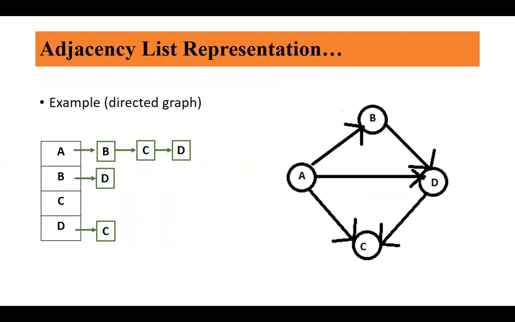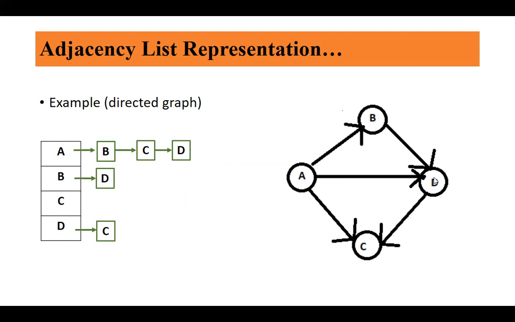Similarly, now the adjacency list representation for a directed graph. Here you can see from A, you can move to B, so B is there. From A, you can move to C, so C is there. There is an edge from A to D, so D is there. These are the vertices you can visit from A. If you look at B, from B you can move only to D, because it is a directed graph.